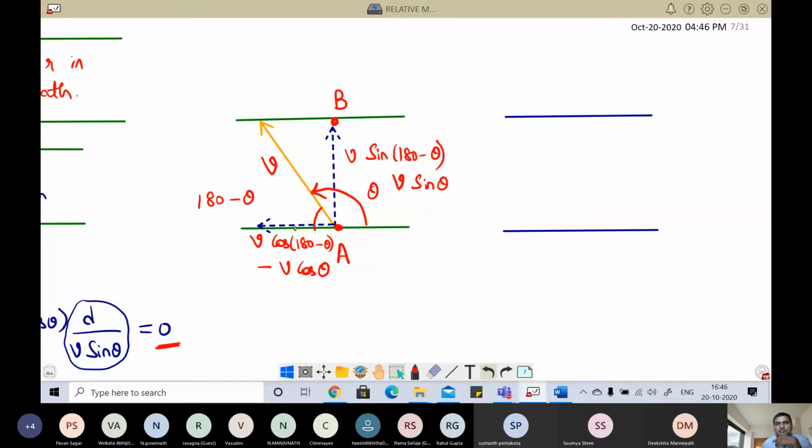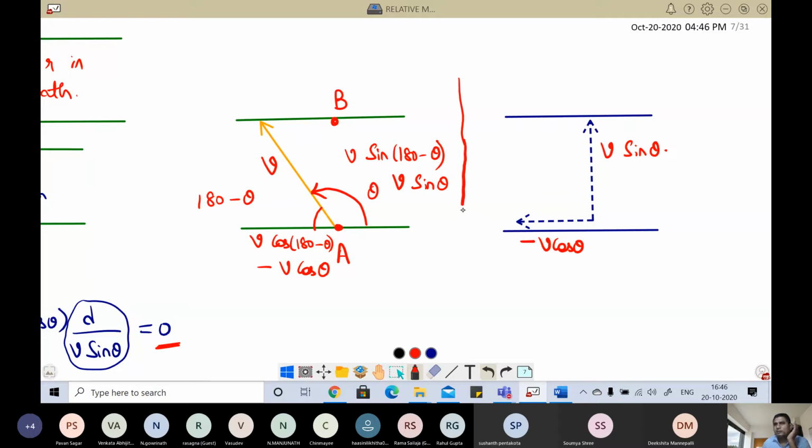Just 1 minute. So this is how much? Minus, this is man's effort right now, x direction, and similarly in y direction is this one. This is man's effort. Please remember man's effort. Okay, man's effort right now is minus V cos theta. In y direction is V sin theta. Okay, this is the diagram approach I'm applying.